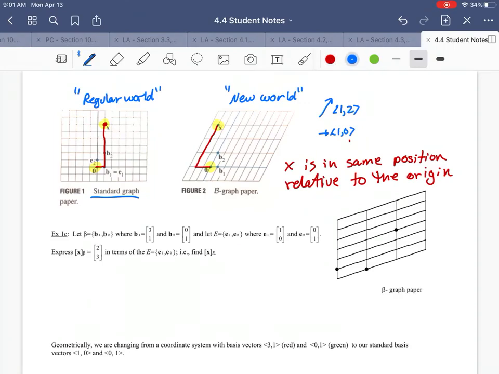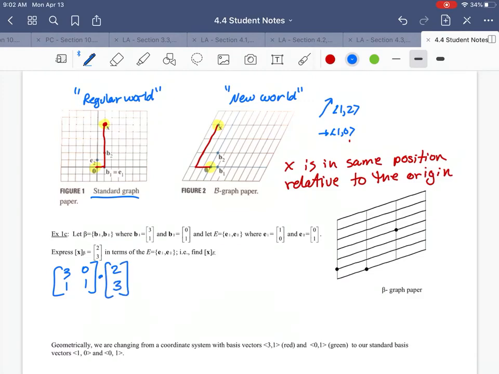Example 1C is just going to be everything kind of together here. So let's look at this problem. It says that you have a basis B1 and B2, and then you have your good old regular world basis 1, 0 and 0, 1. And x_B is 2, 3. So remember, x_B tells you the weights of what to do to your basis vectors. It tells you what weights to use with these two things to get to the place that you're trying to go. So what you do is you take the basis vectors and put them in a matrix as columns,